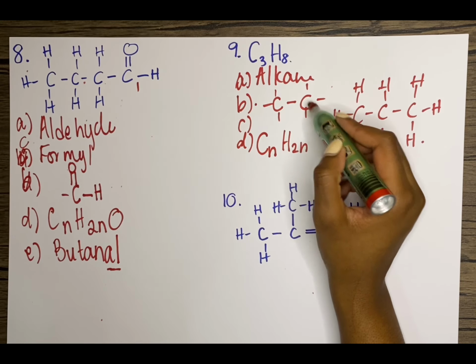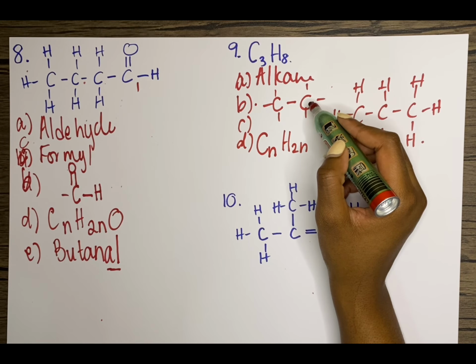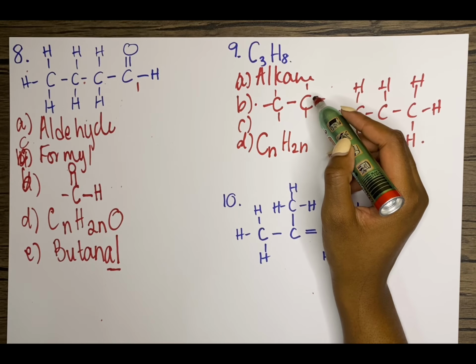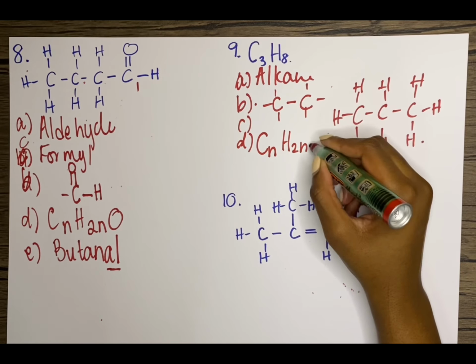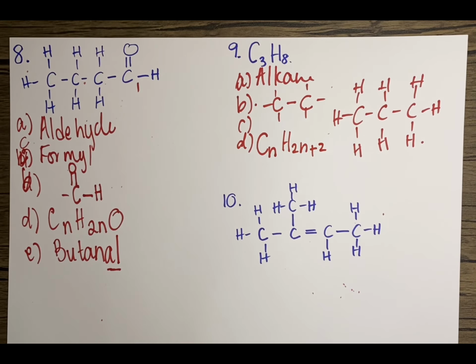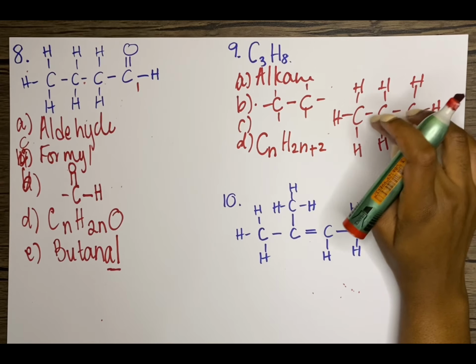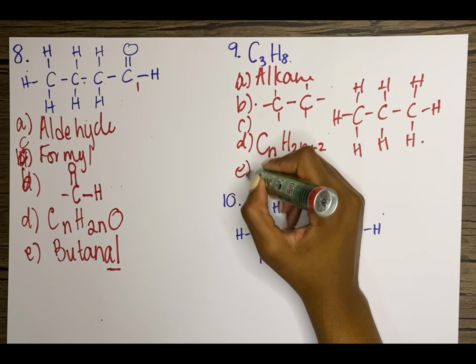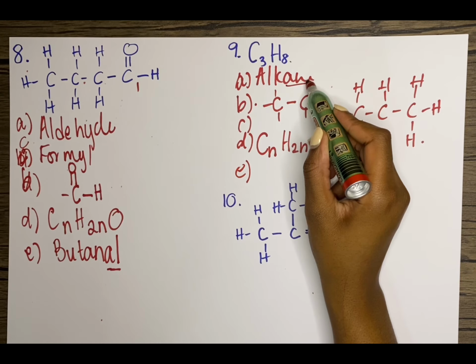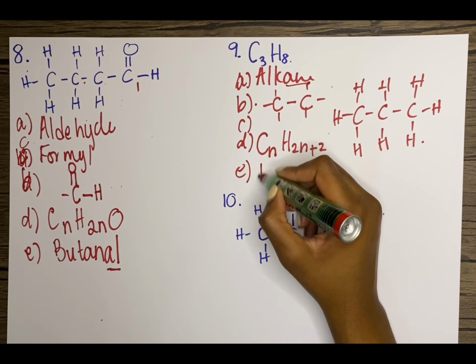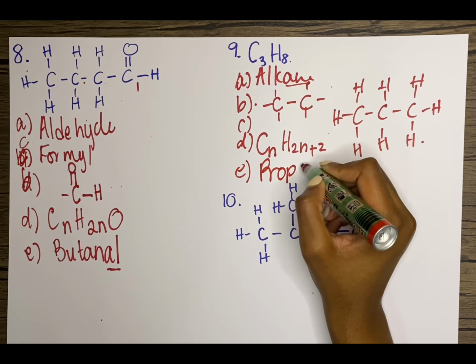There will be twice the number of hydrogens, which is 4. And then I have 2 more, so 2n plus 2, right? And then the IUPAC name is quite easy. My longest chain is 1, 2, 3. And the suffix is ane for alkanes. So that's propane